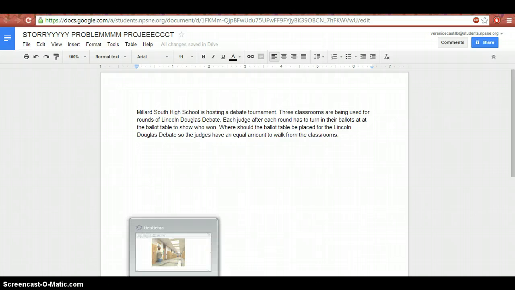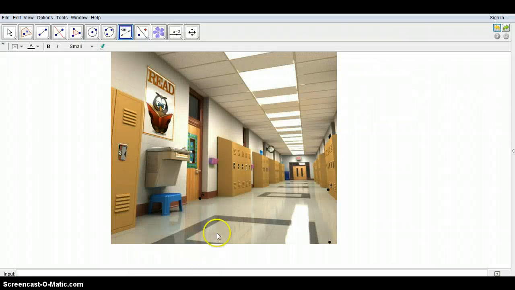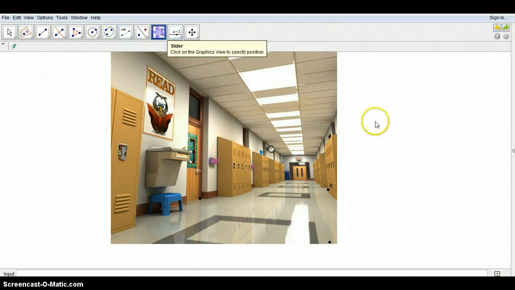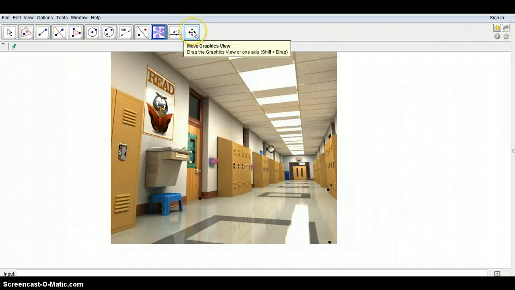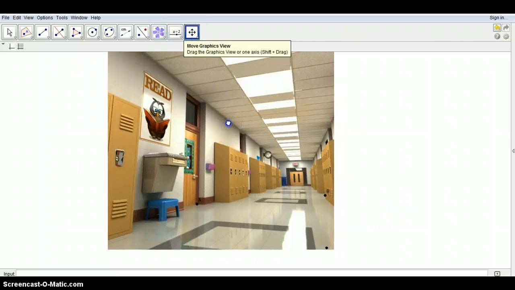So let's go on to our app of GeoGebra. This is going to be the image I'm going to be using. It's basically just a hallway with some classrooms. And when you enter an image, you go 3 boxes from the right, and click on it. Then you can click anywhere on the screen and insert the image. But I already have my image inserted. And if you need to move it, just click on this last box and you can move it